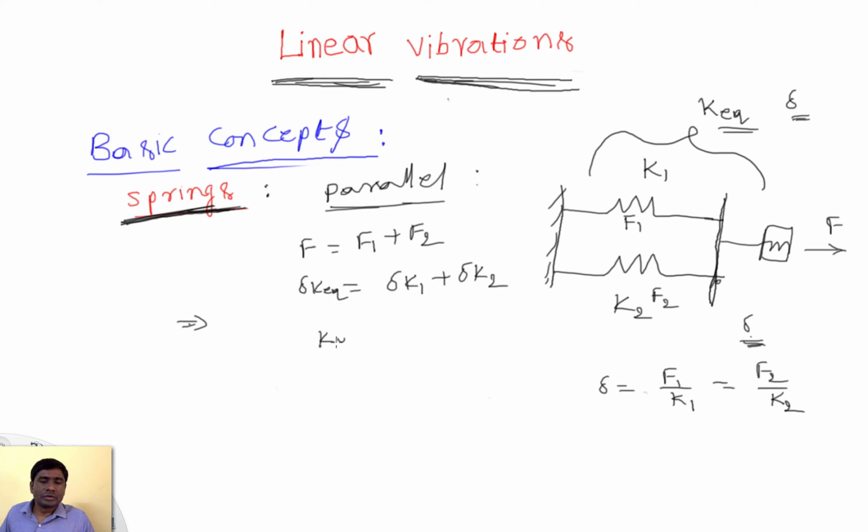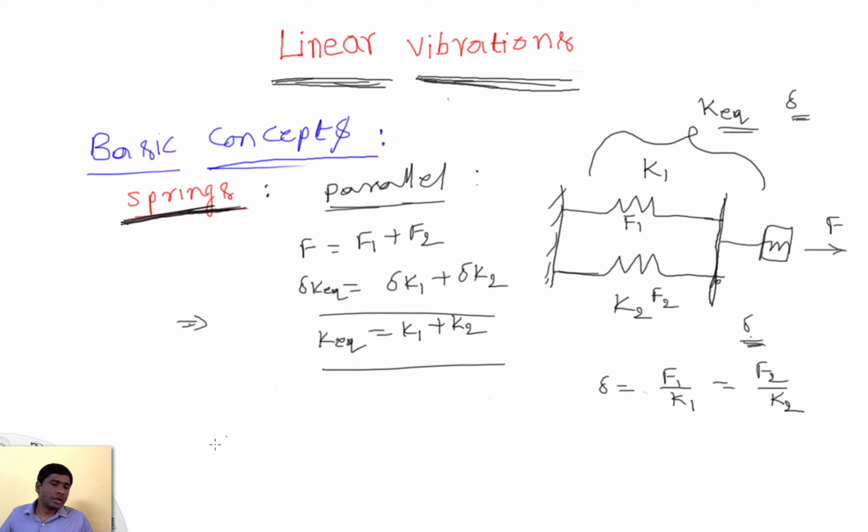From this equation we can derive this one: delta K equivalent equals K1 plus K2. So from these two equations, one in series and one in parallel, we need to find out. And here in this system, since I attach these springs in this way, everyone can easily figure out that these